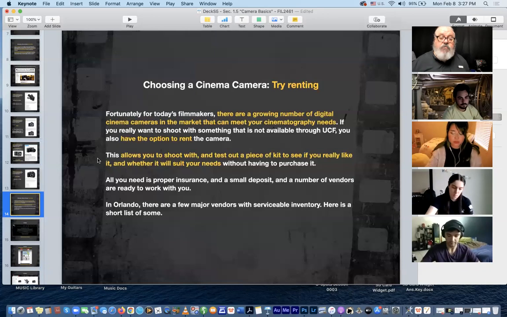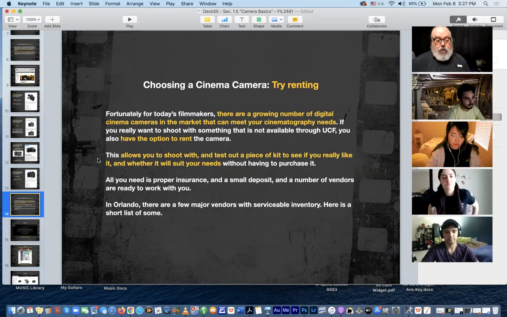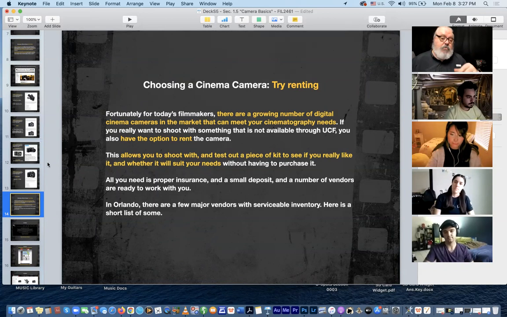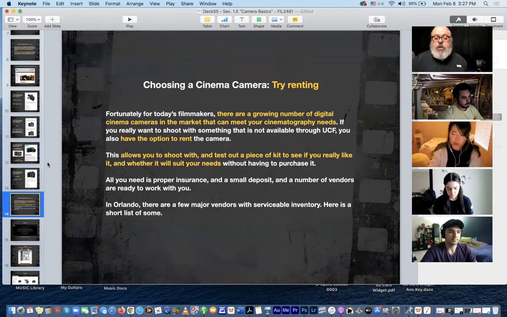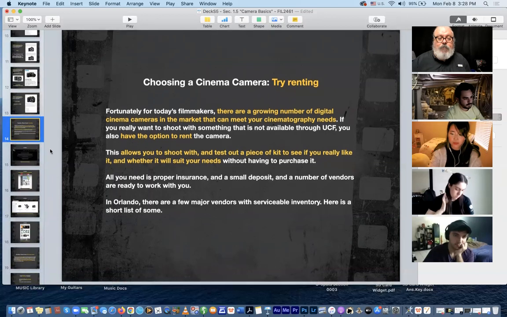Okay. If you have ambitions outside of the equipment available at UCF, there's always renting. You can always rent cameras to test them out, to try them. If you think you're going to buy something, you can rent the camera first and try it out and see if you like it or not. See if it agrees with you ergonomically, or if it generates the kind of pictures that you want. Renting is a really good way to qualify equipment platforms ahead of time,